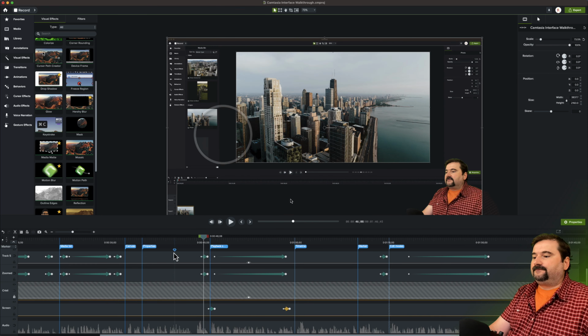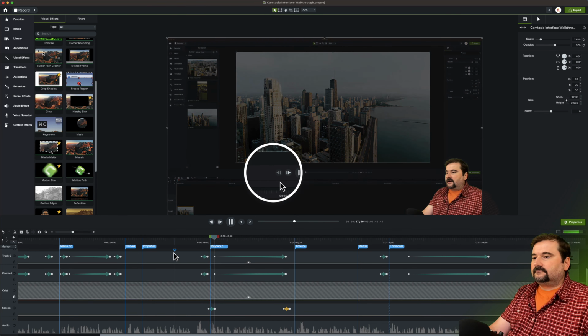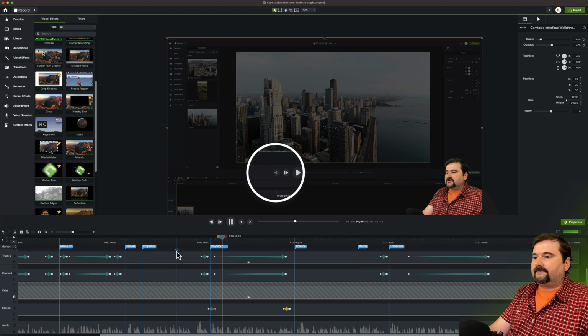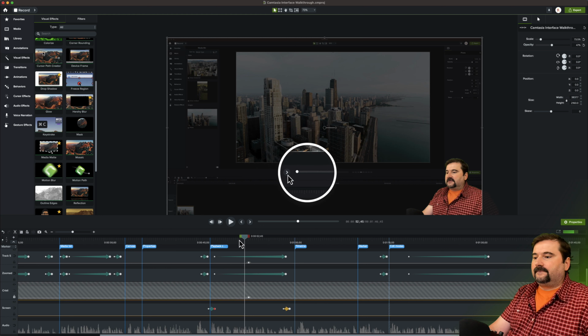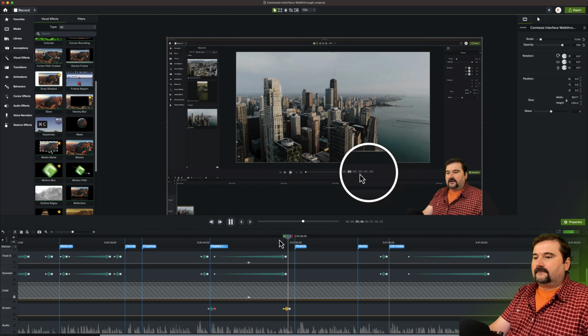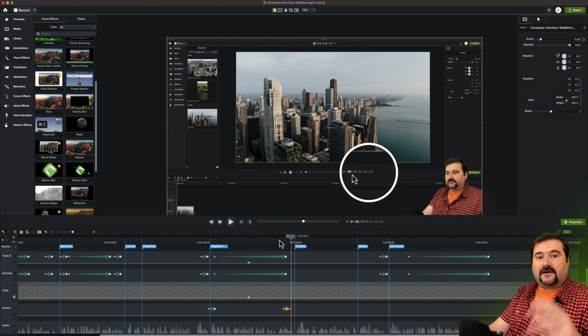So here we go. The timeline. Here you can see how my screen dims a little bit, so I'm now focusing on that area. Playback controls, the play button, and then the next button, next media. Show you where you are in your project. And at the end of it, it comes back up. So very cool, very seamless, very nice experience for your viewers.